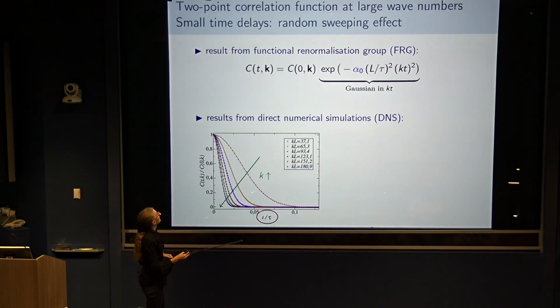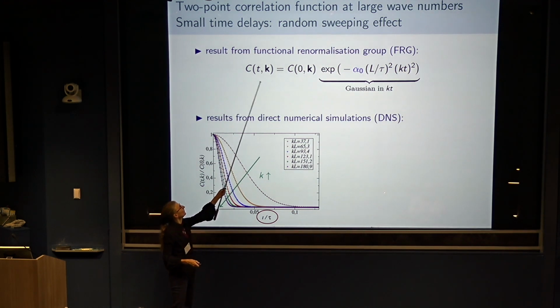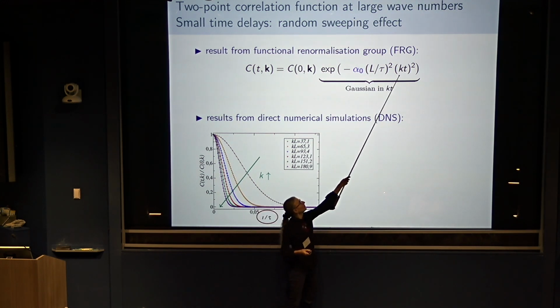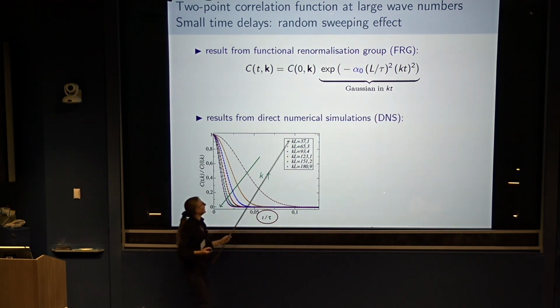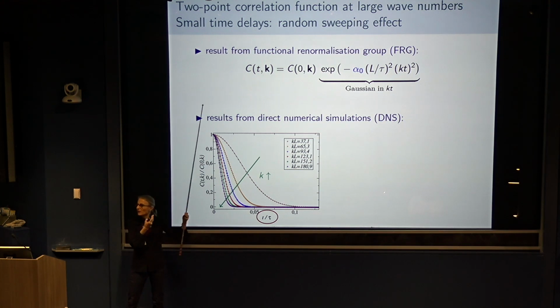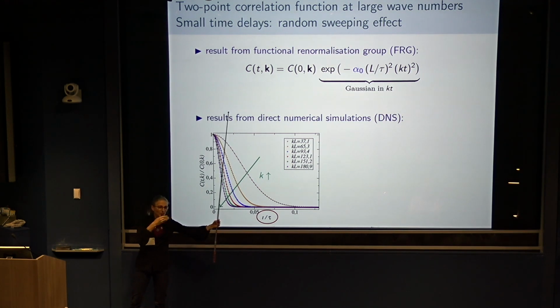OK. So the simplest object to calculate is a two-point function. So this is a velocity. And this is what the formula looks like at small time. And you see that this formula predicts that it should be a Gaussian in kt. OK? And we did numerical simulations. And the difficulty is you really want the time dependence. So it means that you have to keep in memory your velocity to correlate many time frames and do averages over that. So it takes quite long.